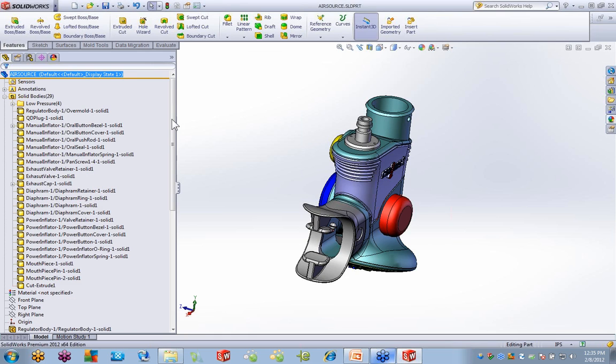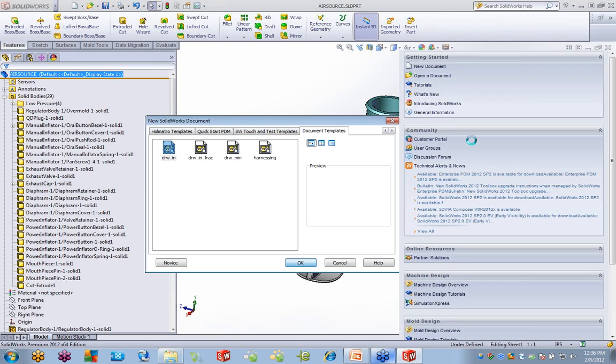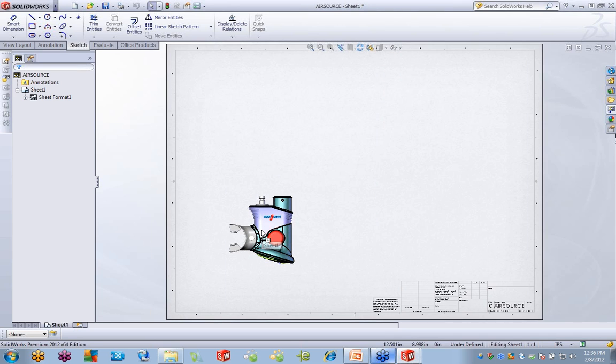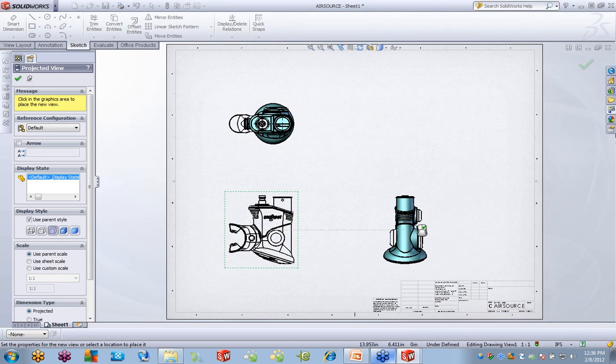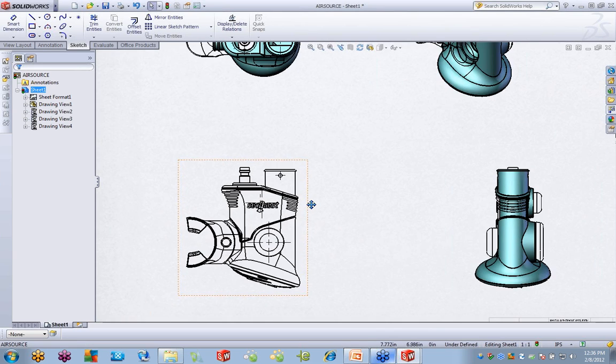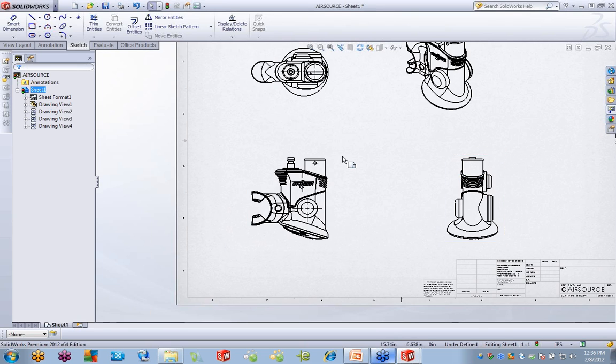Now, what if I didn't want to create an assembly, but I wanted to create a drawing of this assembly, and then detail out the individual components? Well, we know we can come in here and say, let's make a drawing from the part, select my units, select my size, let's do something a little bigger here, and I can place views of the individual part, which contains multiple solids. We know how that works, and we can place all those in at the assembly level. Okay, makes it easy to do. But what if I wanted to create a detail of maybe the housing? Okay, if I wanted to do that,